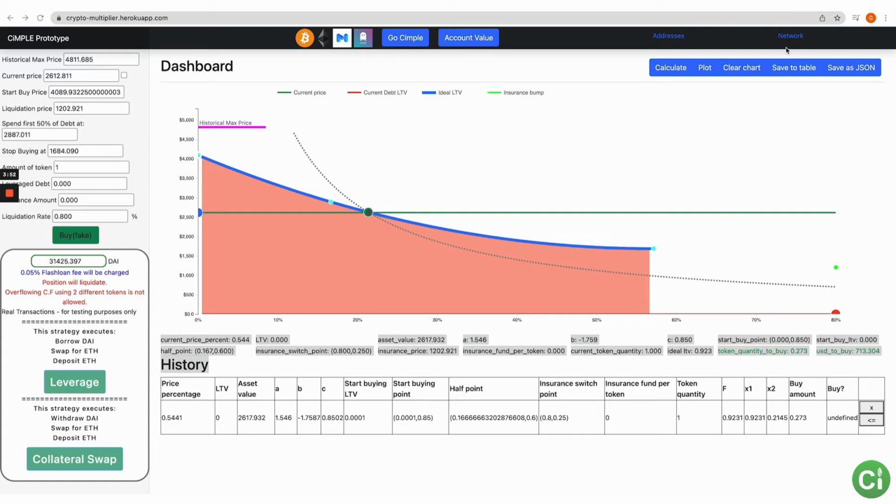In order to do that, you would click the network, choose Matic, then from here you'd get a drop down and you choose your Instadap account, and then it would load in here with your real information, right? And so this isn't necessarily a tutorial on how to do it. It's more of what is the strategy, right? So there's a separate video called the CiMPLE Journey, and that video series covers how you actually get to being able to use it. But these videos would be 90 minutes long, and there'd be something like, oh, somewhere around 57 minutes, there's this thing that you should watch, right?